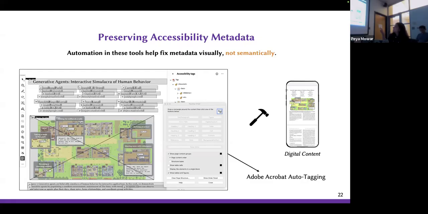So when a screen reader goes through this content, it would read out all the author names and then read out all the affiliations, and the user wouldn't be able to associate the affiliation of the author with their names. So there is this automation, but it's often just visual and not really semantic. Doesn't have semantic understanding.